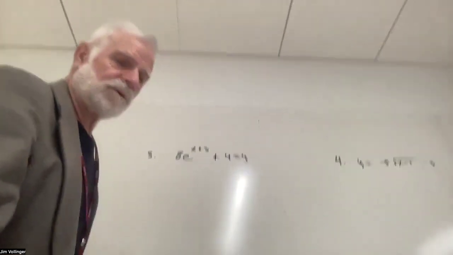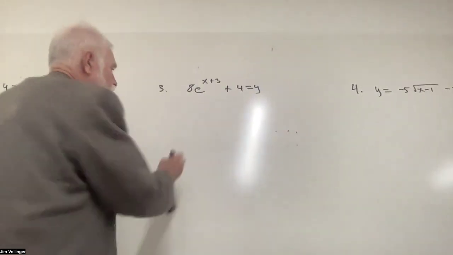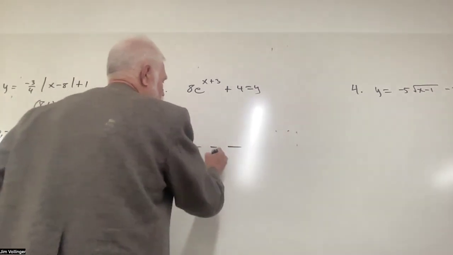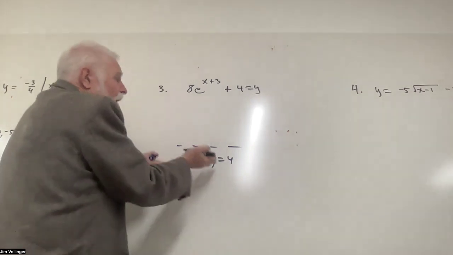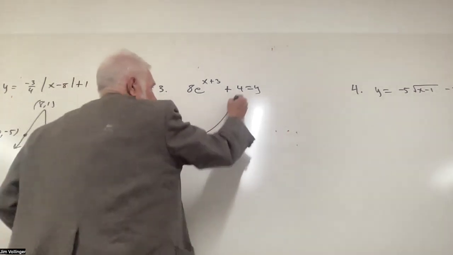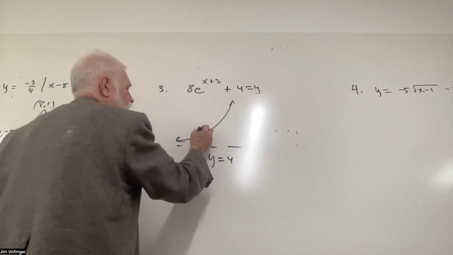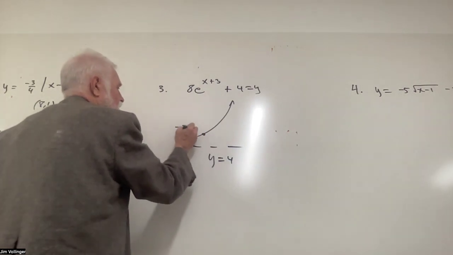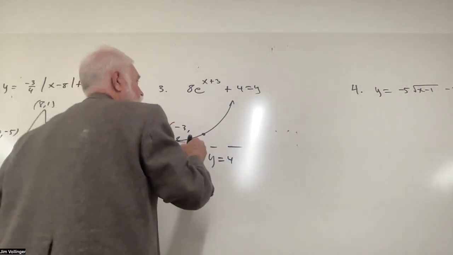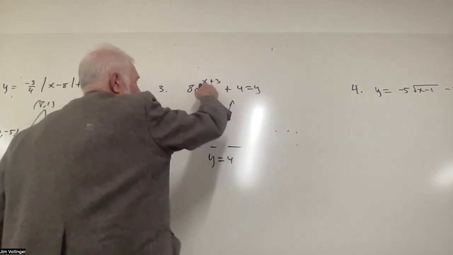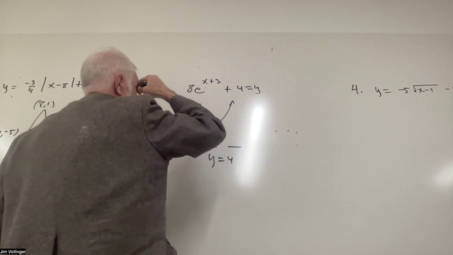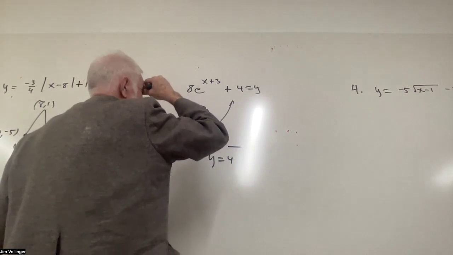8e to the x plus 3 plus 4. I make this a 3-to-1 ratio. So a lot of folks are not labeling the asymptotic behavior, and that's probably the most important part of the graph. So we've got a 3-to-1, so 0. So I want to make a 0, negative 3 does that. If I do that, I get 12. And then I like to get 6, so I'll put a 4 negative